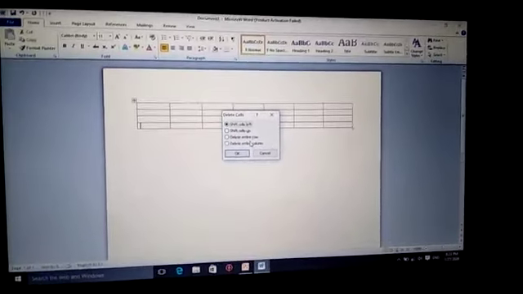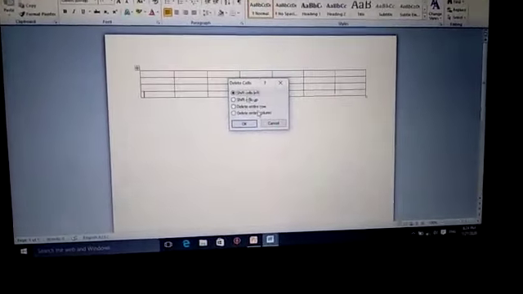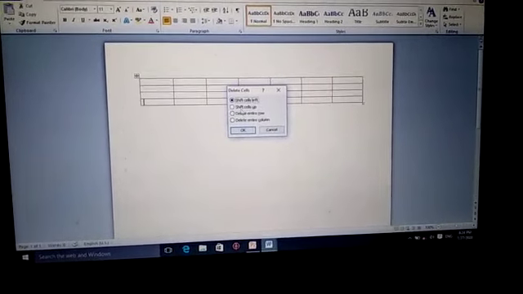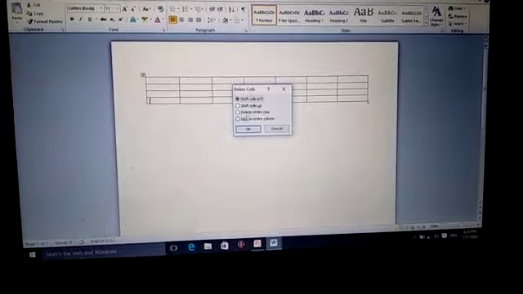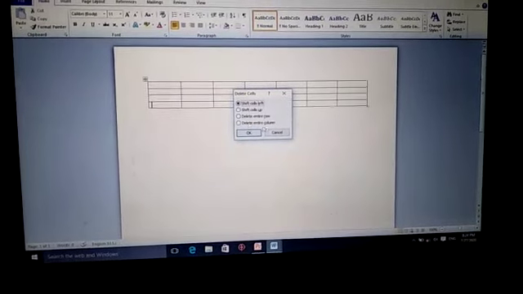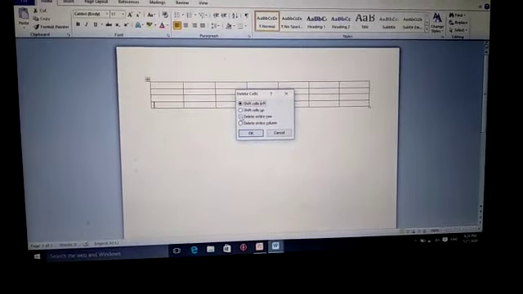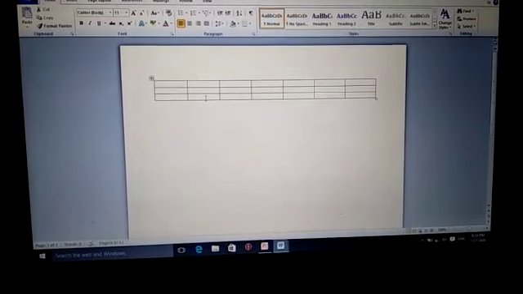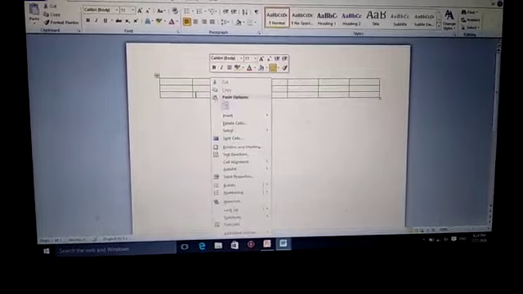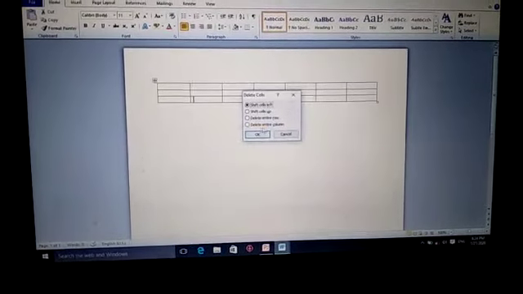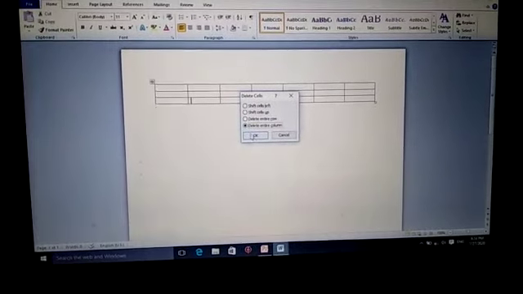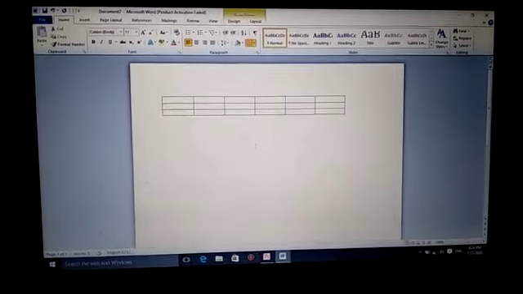So if you click on it, these options are available: shift cells left, shift cells up, delete entire row, delete entire column. If I click on delete entire row, you just see the entire row is deleted. So next, if I delete the entire column, you just see the entire column is deleted.